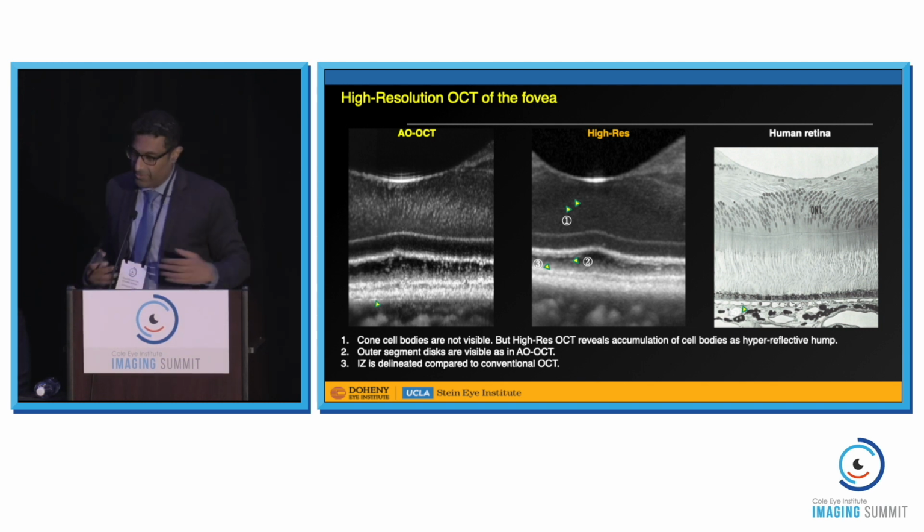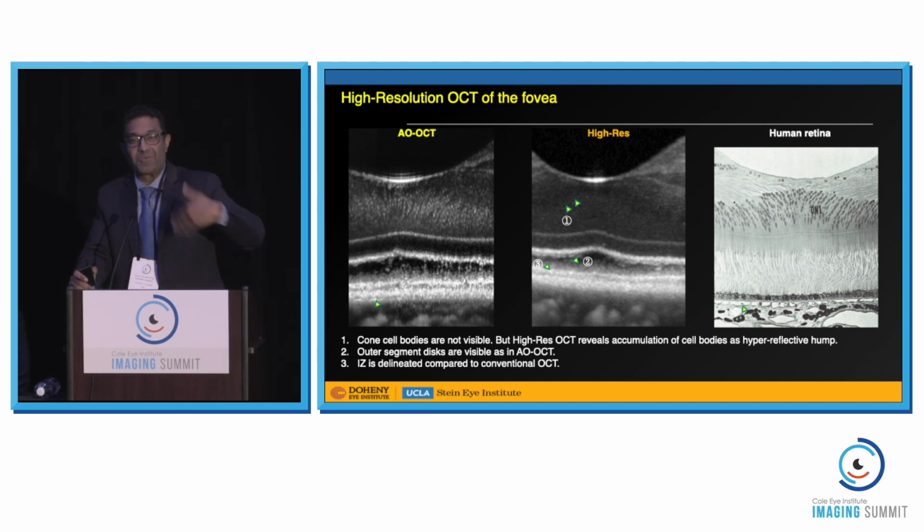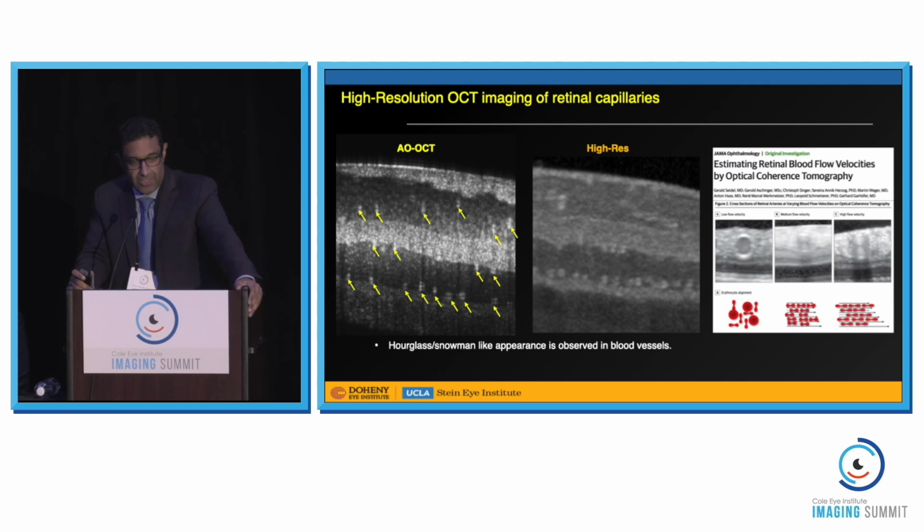And really, again, we think of OCT as giving us almost a histologic-like biopsy, and it seems like we're getting closer and closer as we improve the resolution. Now, I want to talk in particular, I'm going to focus on some of the features that Justice pointed out in his presentation, but one of the things we've started to realize is that when you do higher resolution imaging